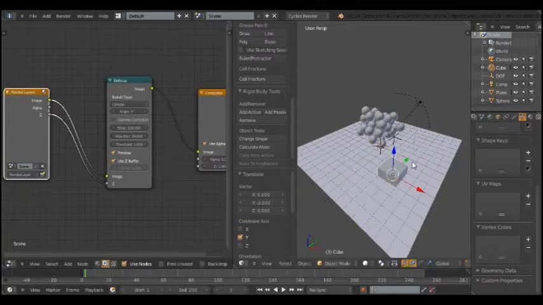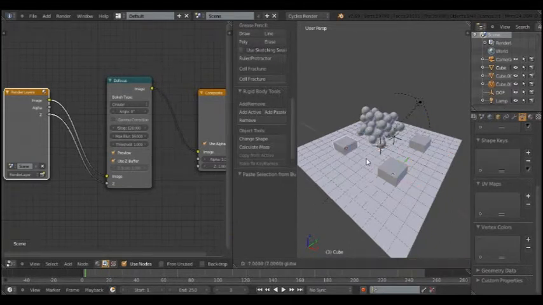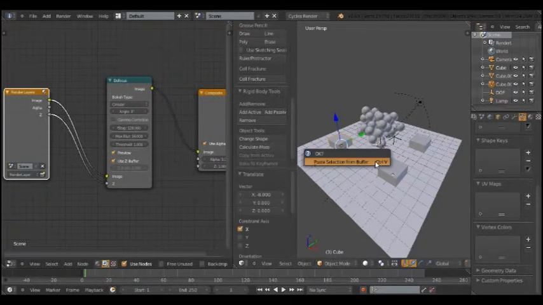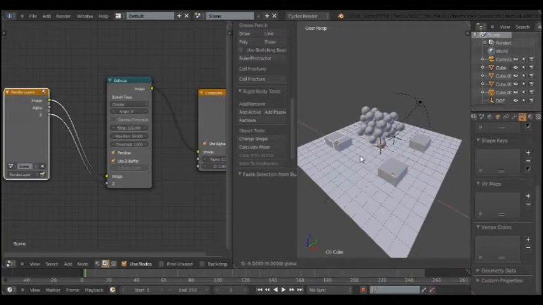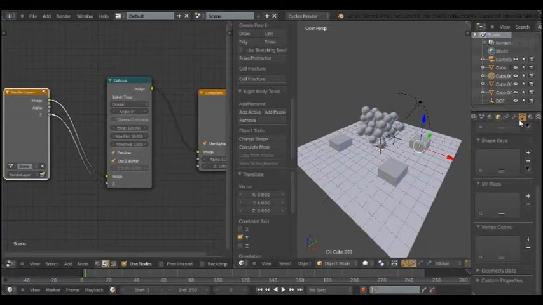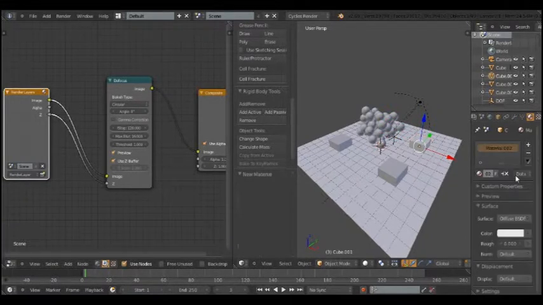Just add these cubes, press Ctrl C, Ctrl V to paste. We'll just say Ctrl V again, and Ctrl V again, and now we can quickly change the colors of these. We go down to material, say add new, we say color,